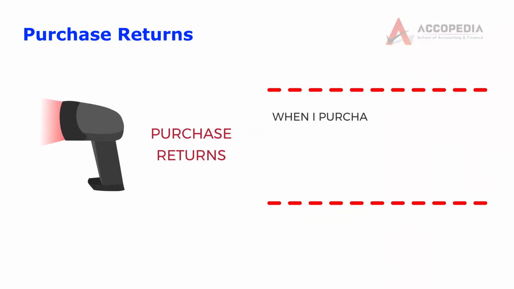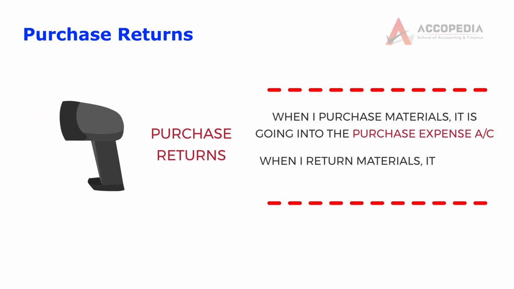So purchase return is like a negative expense or an income. It is shown separately. Of course, we can always show purchase returns as a negative value in the purchase expense account itself. But we need to report it to the government authorities, as I just told earlier. I have to report separately to the GST department and income tax department what is my purchase and what are my returns. Therefore, we record it in a separate account called purchase return account. So when I purchase materials, it goes into the purchase expense account. When I return the materials, it goes into purchase returns account.